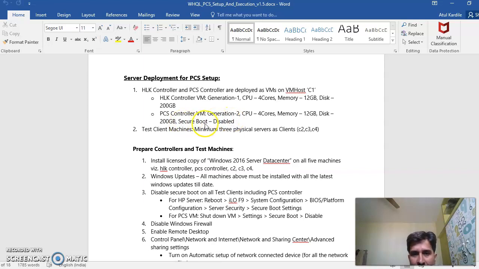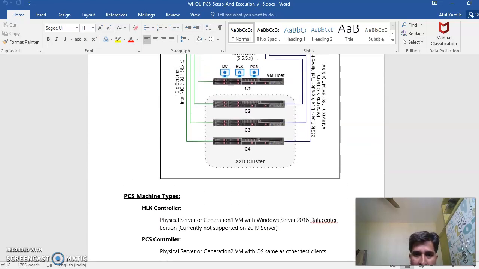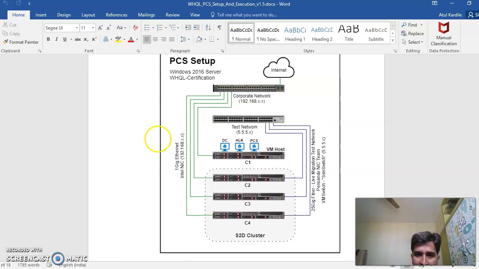And this is also a very important thing that you must follow on every hardware or VM. You must disable secure boot on every machine that you see here in this setup. If these are Cisco hardware, you must log on to their CIMC, Cisco Integrated Management Controller.